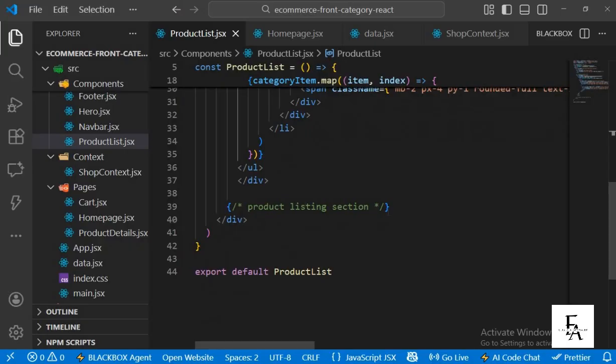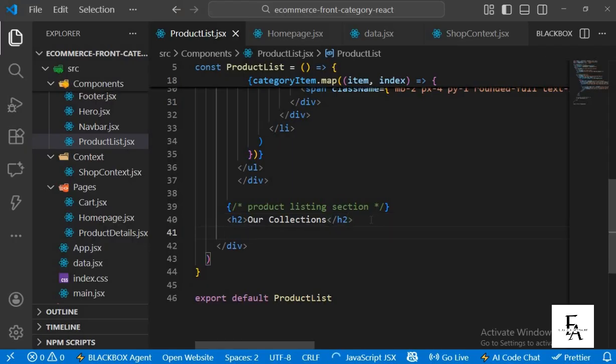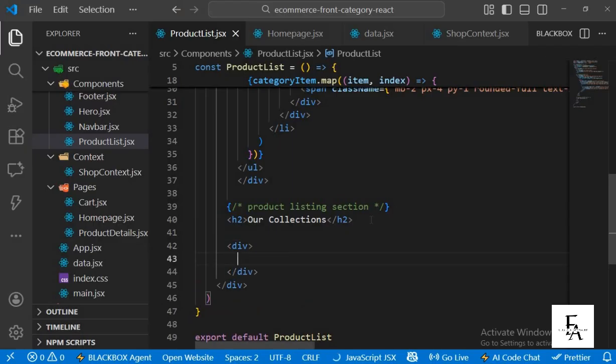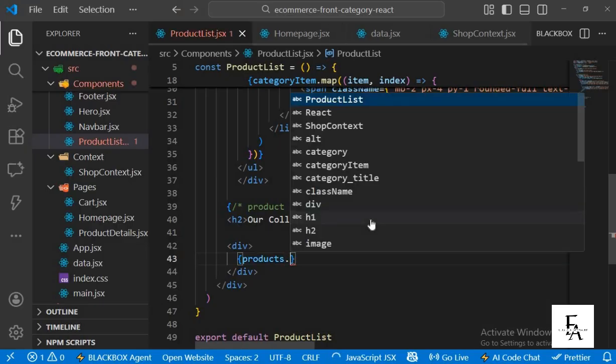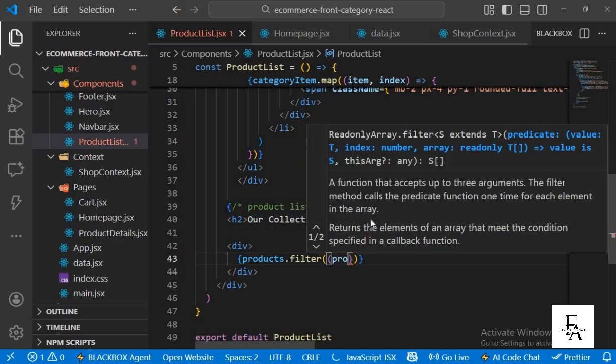So right here in the product listing section, for the product list, we start with the header that will take this text, our collections. After this header, we're going to have the div tag for the product listing container, and here we want to loop through the products and also filter products based on category. Okay, so right here we're going to map over the product state variable, product dot. First we want to filter, so product dot filter, we'll pass product,